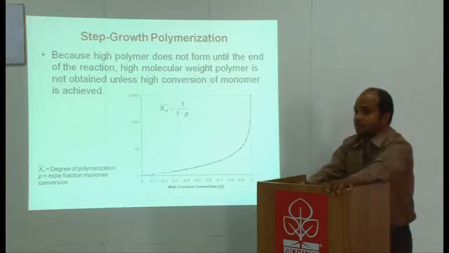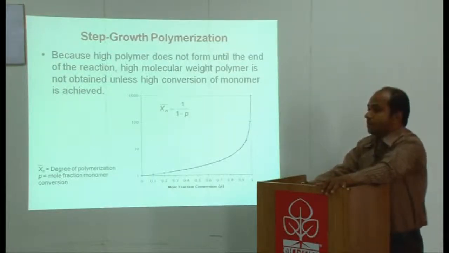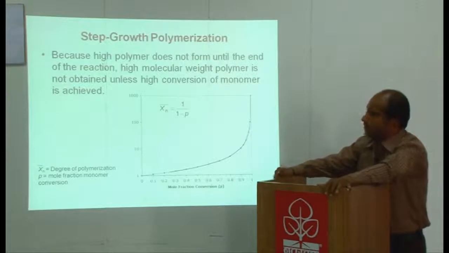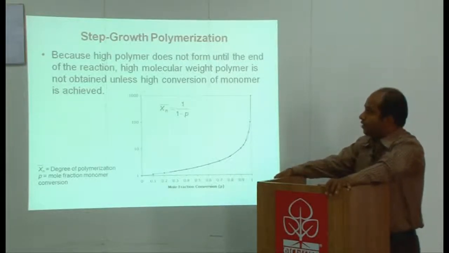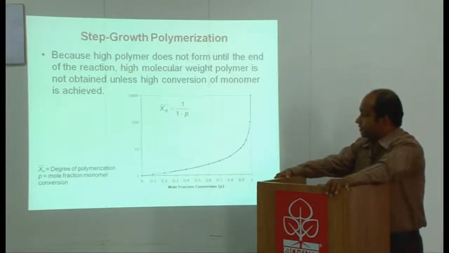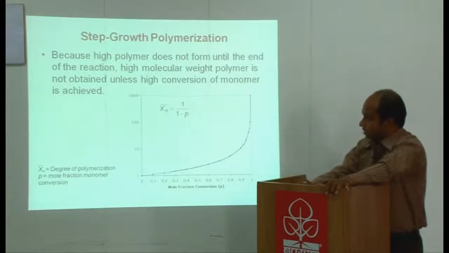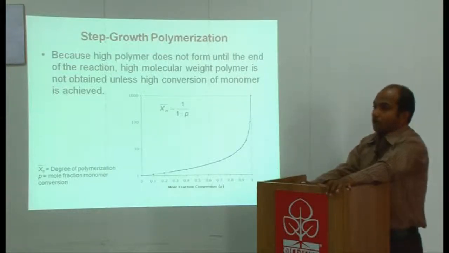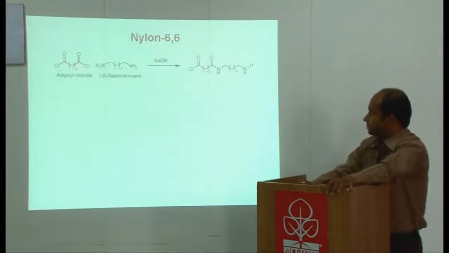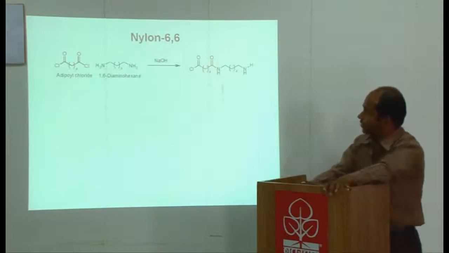So, obviously, as this is a stepwise process, the polymer does not form till you reach the end of the reaction, or in other words, high molecular weight polymer is obtained only once you have a very high conversion of monomers, and that is generally towards the end of the reaction or the later stages of the reaction. And obviously, if you look at this graph here, the polymer molecular weight is pretty much dependent on the percentage of fraction conversion of these oligomers. Now, let us discuss some of the polymers individually.